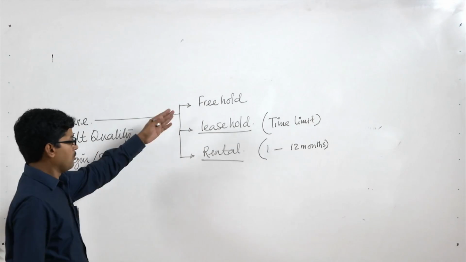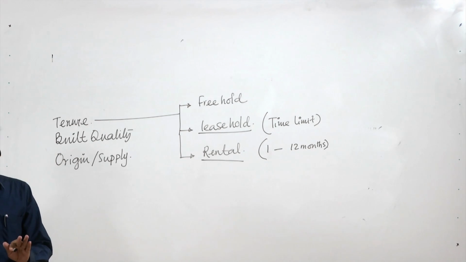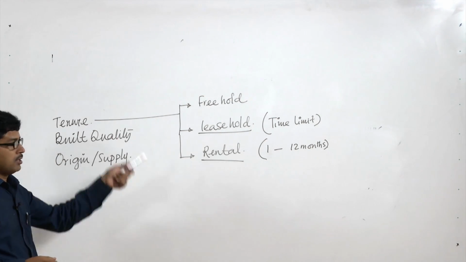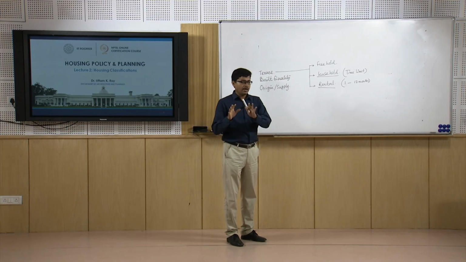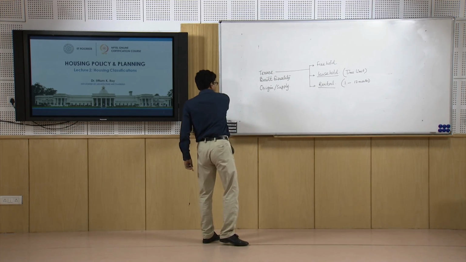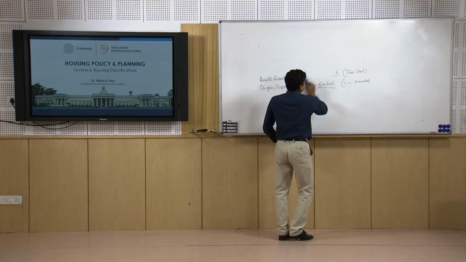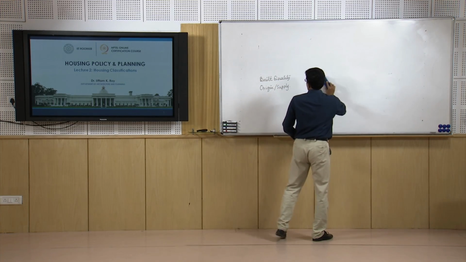But apart from the freehold, leasehold and rental houses, there are houses where people do not bother about the land tenure, they just occupy and encroach on the urban land and live there. So, that is a separate case, we will discuss separately. So, this is the classification based on the